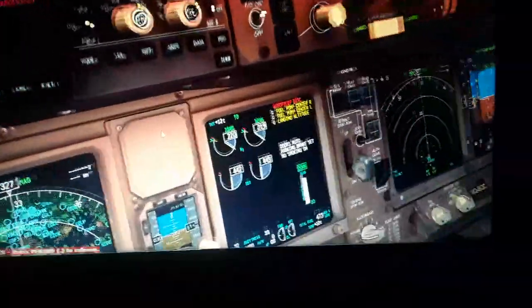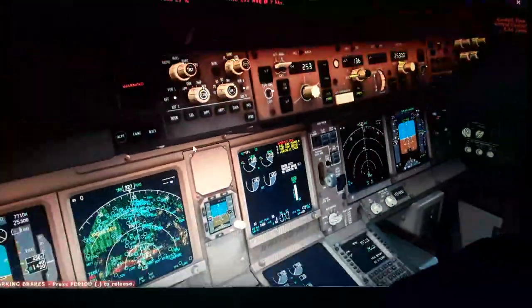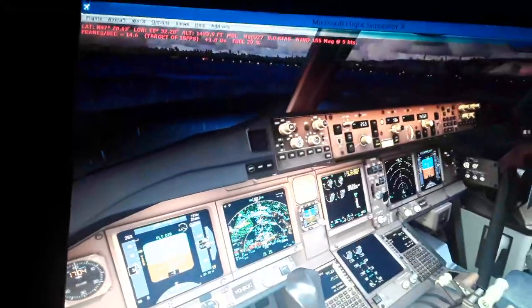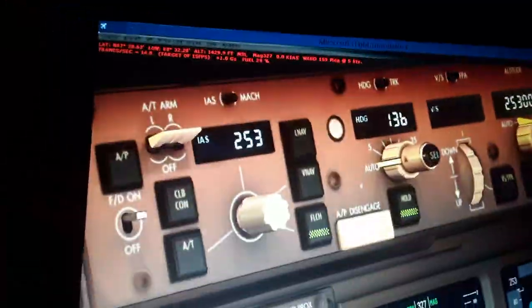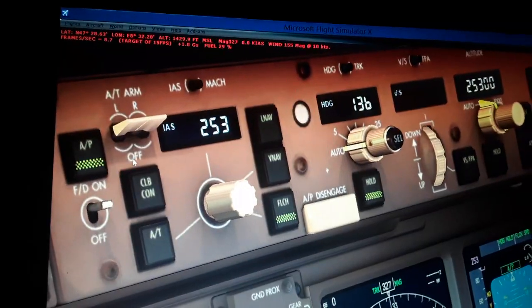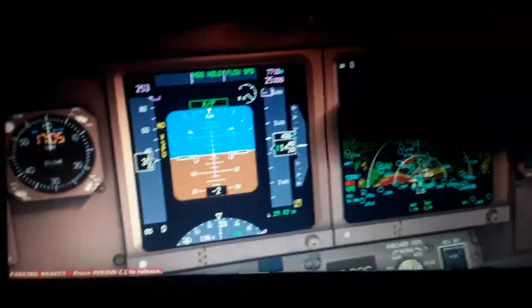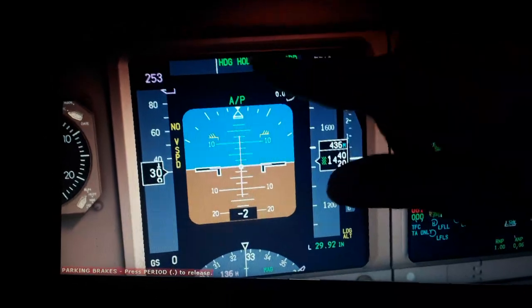We have again the warning, and the autopilot is disconnected over here, and we press one more time the autopilot disconnect over here to confirm the autopilot disconnect action. So we reconnect again one more time, and we have autopilot on, and we have the target now, airspeed 253 nautical miles per hour for this heading